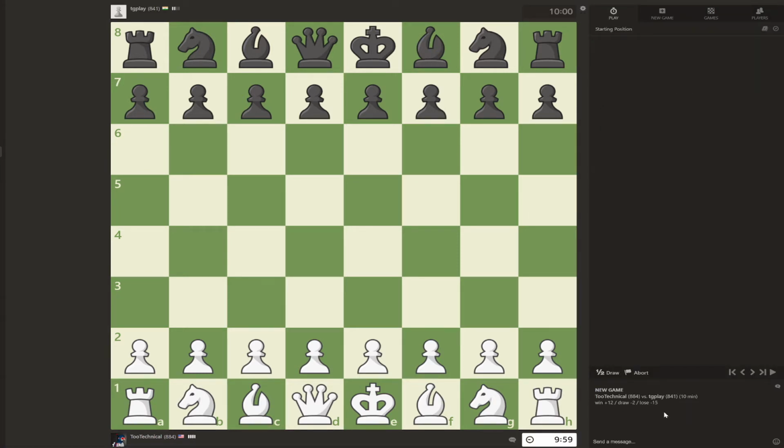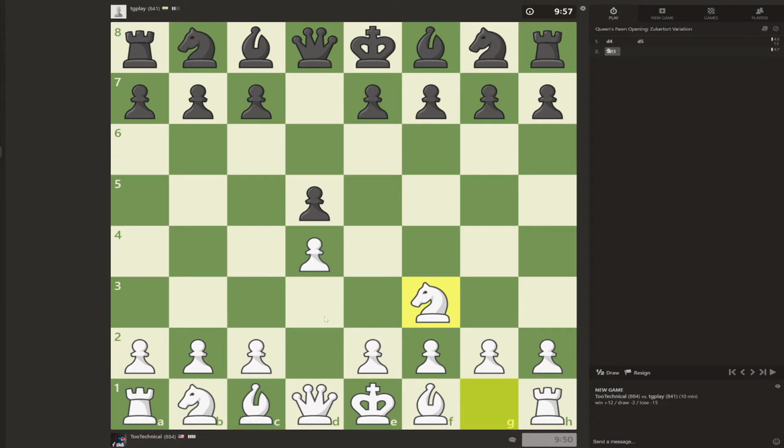884. Win 12, lose 15. So we're getting closer, I think. Right, and my focus of this game is going to be trying to spend no more than 20 or 30 seconds on any given move. So,